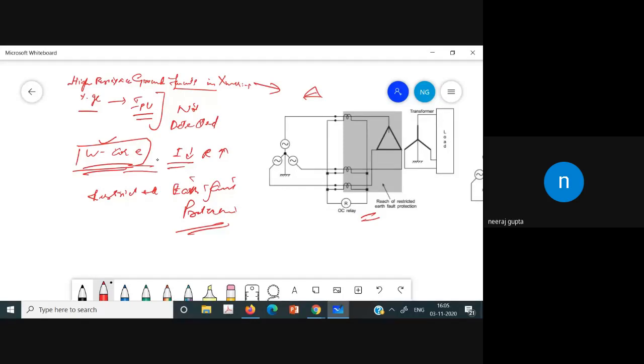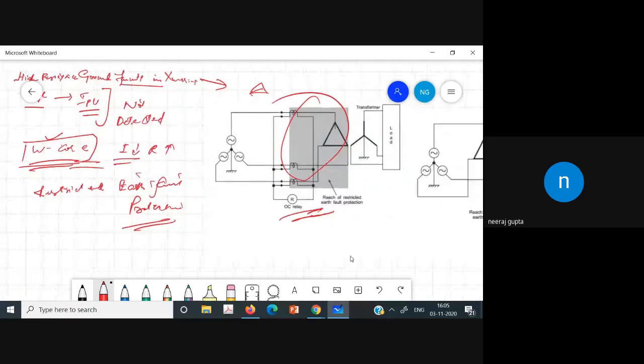So it can be done in such a way that if the fault on the star side is there, the current flows in the line connected to the delta side in such a way that no spill current will flow, and as a result, the reach of this relay is automatically restricted to this area only. And it is also independent of the load current. Now, for the high resistance ground fault on the star side, there is a schematic for that.